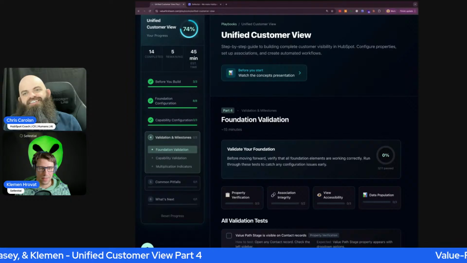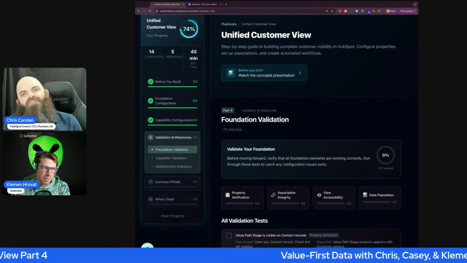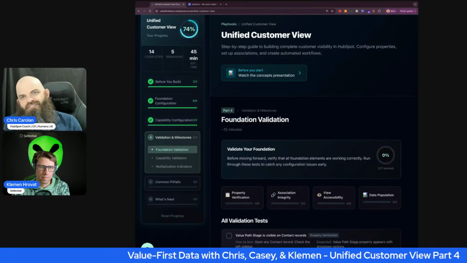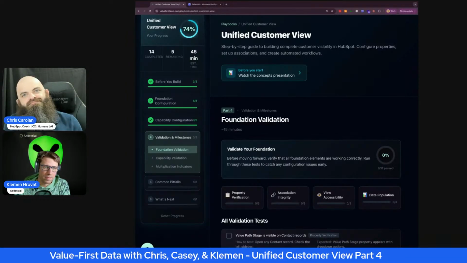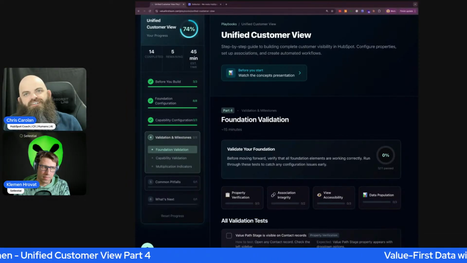Yes, they certainly can. And that's where the foundational elements come in, and you can see our first three parts here. Before you build, we talked about what licenses you have, what your current state of HubSpot looks like, and what we have access to.